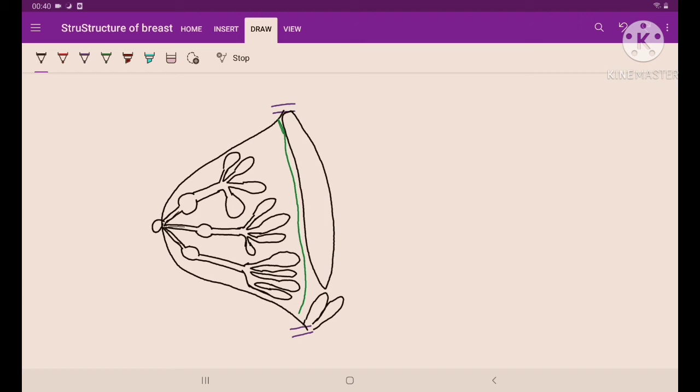There is the pectoralis major muscle here, but that isn't supporting the shape of the breast. The breast is usually round in shape. That's maintaining a shape, so it's not done by any muscle, and there is obviously no bone in the breast. If there was a bone, the breast would have been a hard structure, but it isn't. So what is maintaining the structure of the breast?